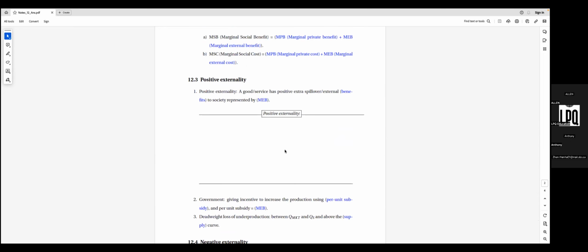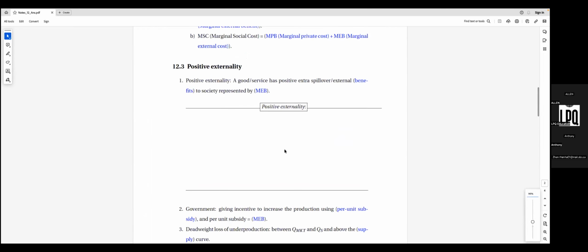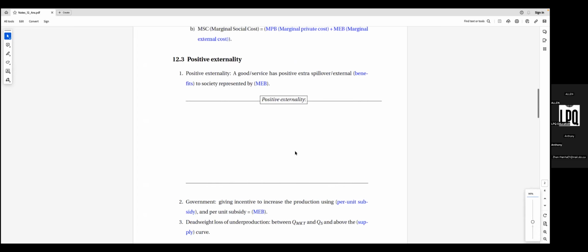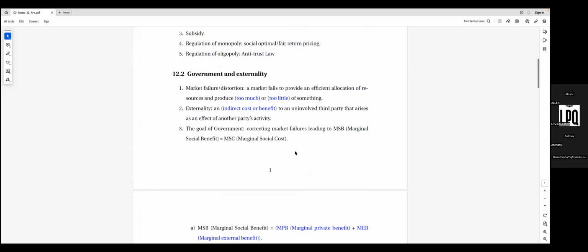Let's get started by talking about the definition of externality. So what is externality? Actually, the definition of externality can be stated as the following. You can be either a consumer or a producer. Imagine you are a consumer, and in some situations, sometimes your private